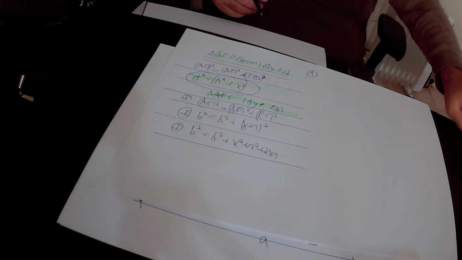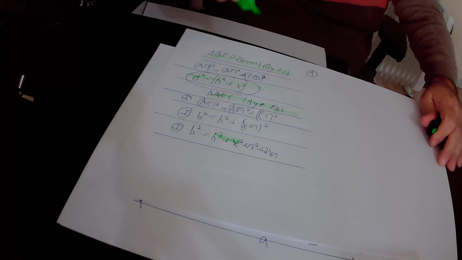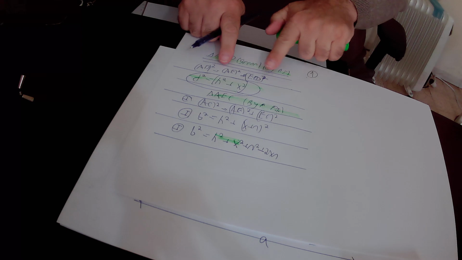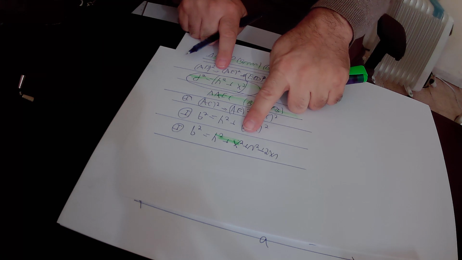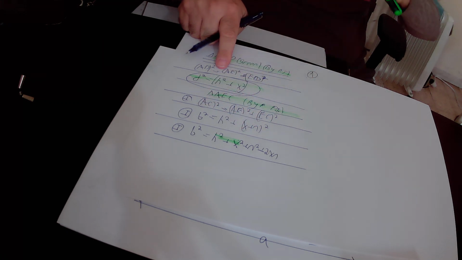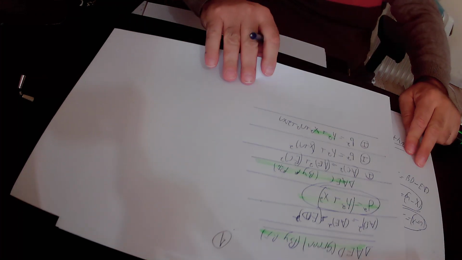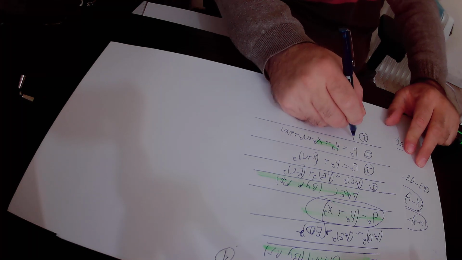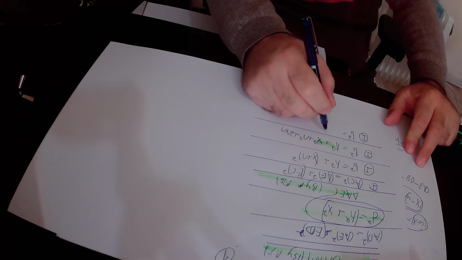Here we have h square plus x square, and we already found out that h square plus x square equals d square. So we can substitute h square plus x square in this equation number 1 by d square. So we'll do it now, and we'll get that according to equation number 1, b square equals h square plus x square, which is d square,